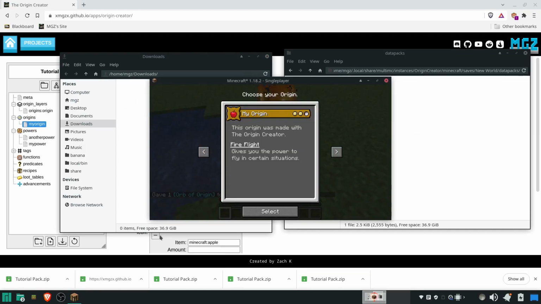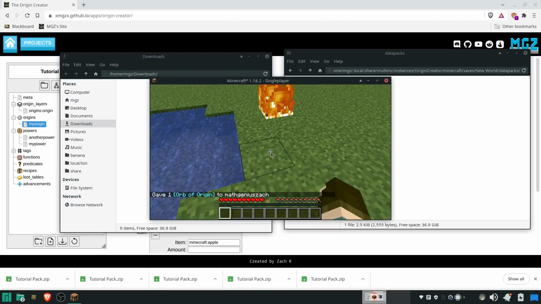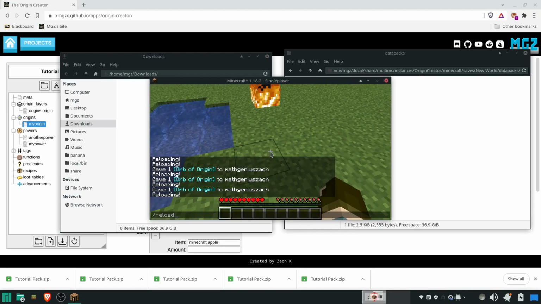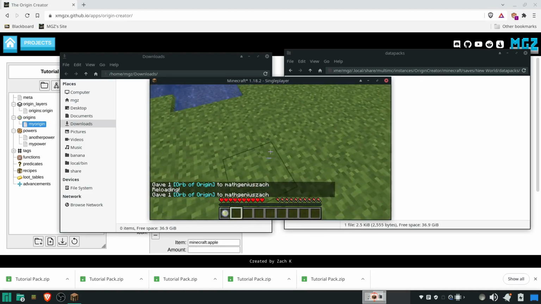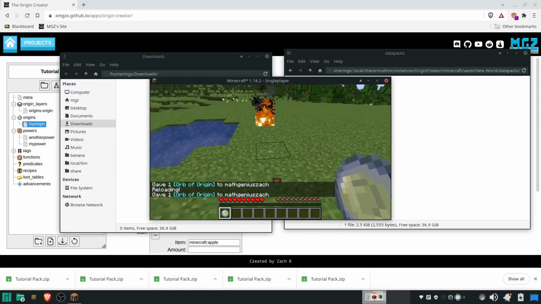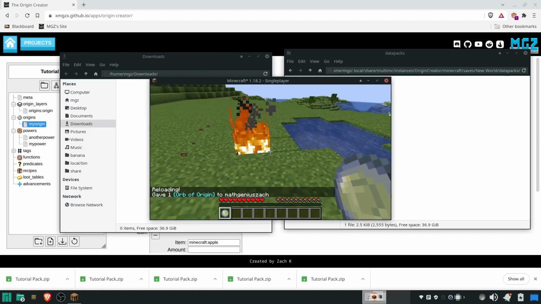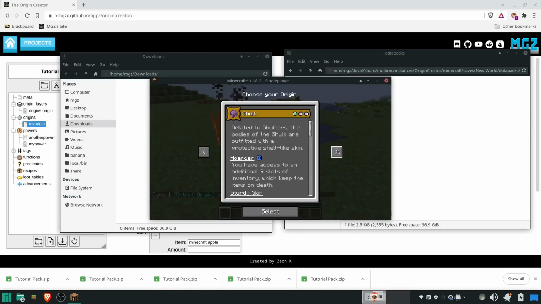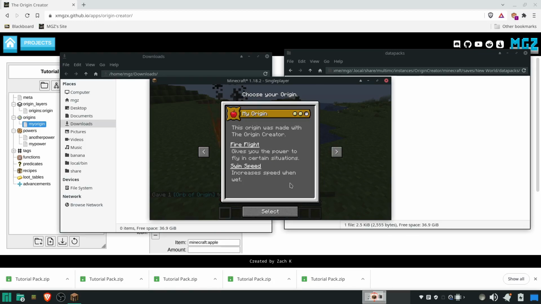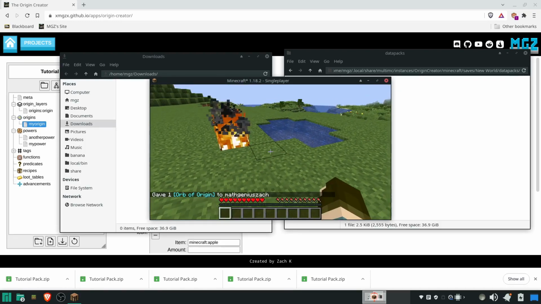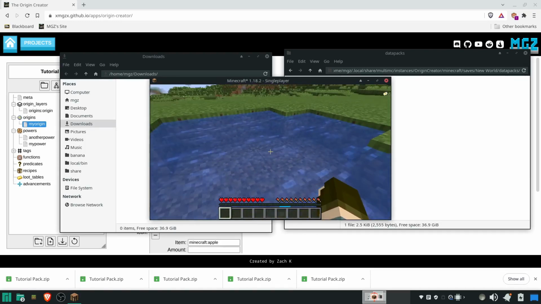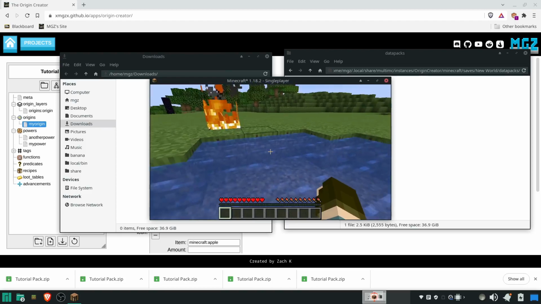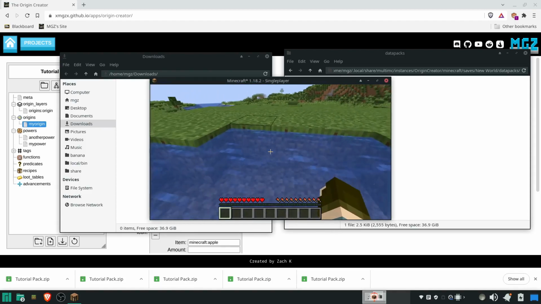Place. And then we'll go ahead and reload again. Just in case, I'll select my origin again once we wait some time. I'd say it's been around about enough. So let's go ahead and pick the origin again. There we go. There's our proper power. Then we'll go ahead and select this origin. And then you'll notice when we get into the water, it'll take some time, but